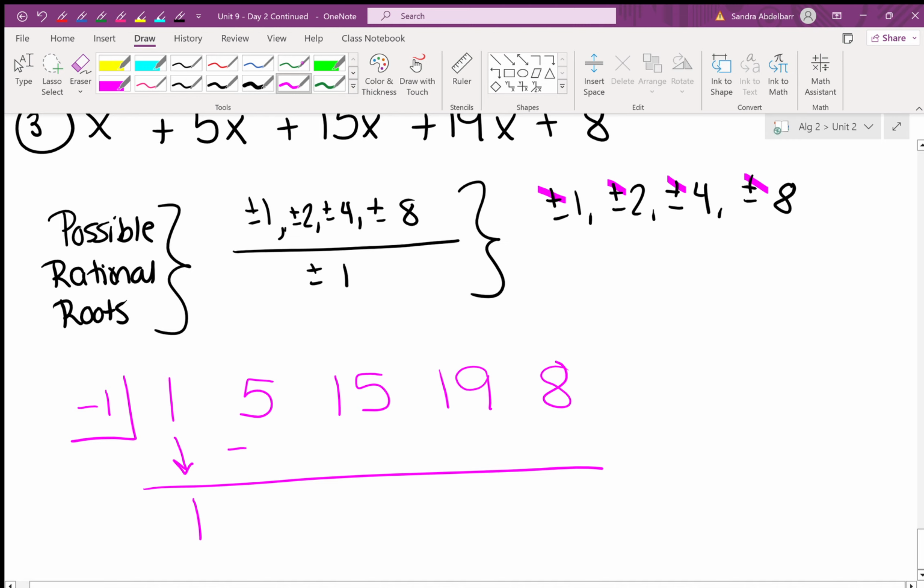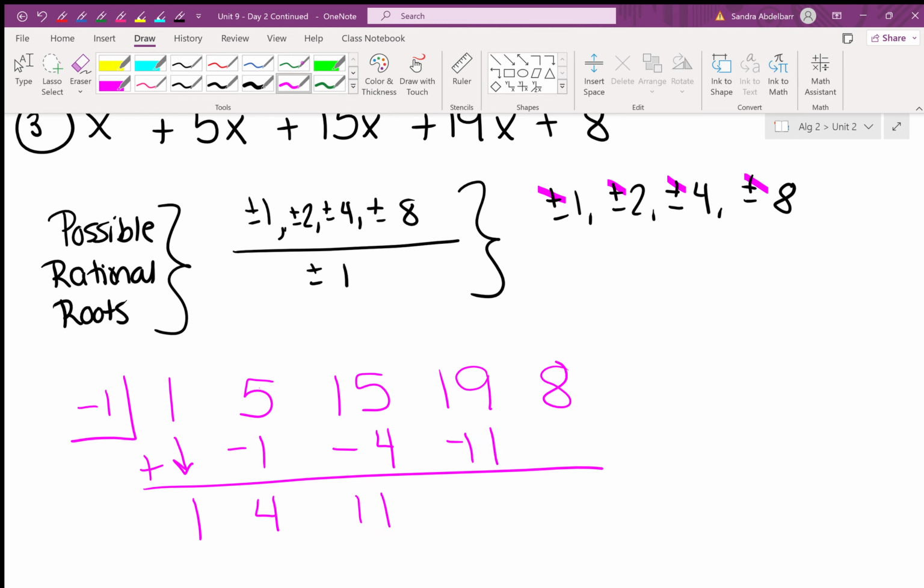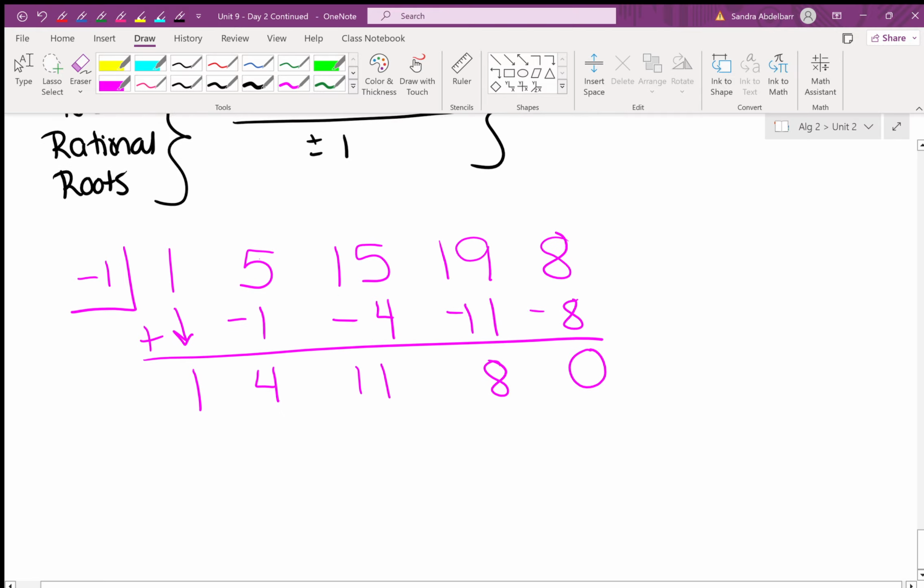One times -1 is -1. 5 plus -1 is 4. 4 times -1 is -4. 15 minus 4 is 11. 11 times -1 is -11. 19 minus 11 is 8. 8 times -1 is -8. There's your 0. So then